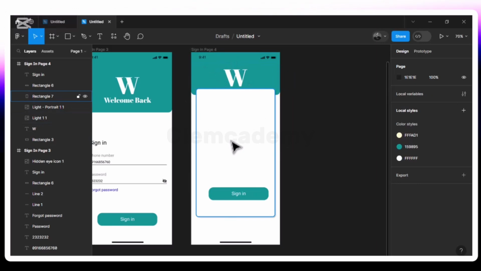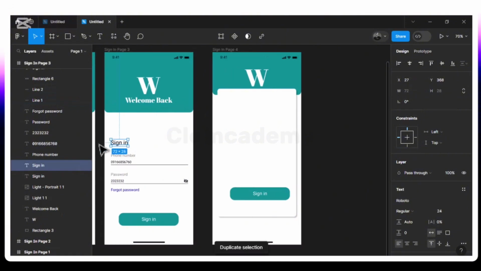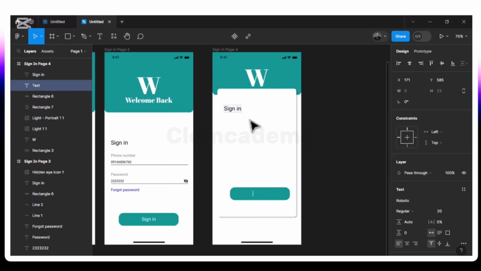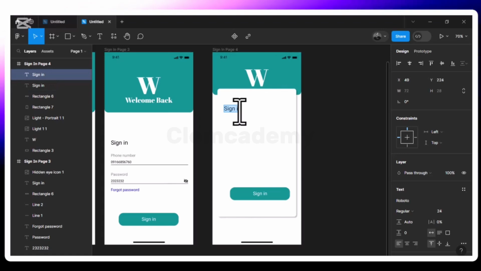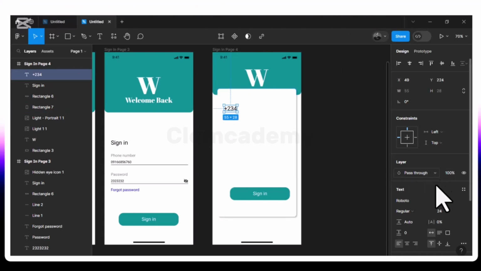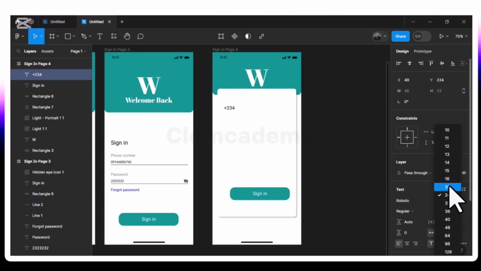All right, so we need a text. So I'm just going to duplicate this text and bring it in here. So we're going to change it to contacts. So I'm changing this to contacts. We're using plus 2, 3, 4. So this is the Nigerian contact code. So I'll be reducing the text size to 20 pixels,